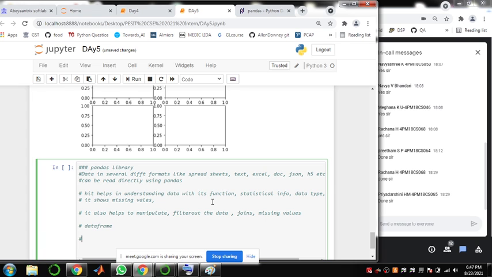Next, it also provides a built-in plot, which internally uses matplotlib, but we can directly plot the pandas data using the pandas own plot function. Internally it is using matplotlib, but we need not directly use matplotlib here.